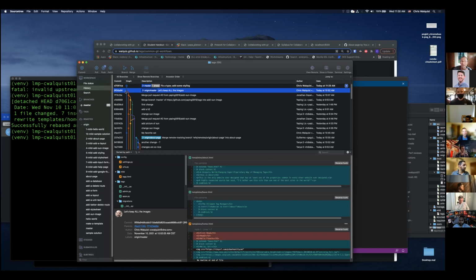The reason it worked here is because I didn't try to change the common ancestor, if you will, of where I'm coming from and where origin master is coming from. If I had, then I'd be in a bind because now I'd have to go merge again on the one hand,